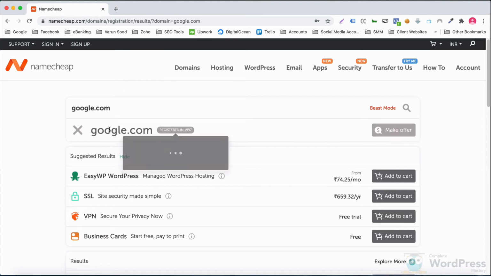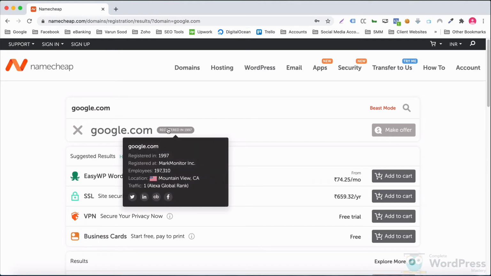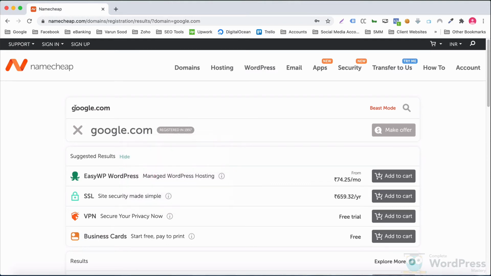Namecheap tells us that this particular domain was registered back in 1997. What this means is domain names are unique. You cannot buy a domain name which has already been bought by someone else. No 2 different websites can have the same domain name.